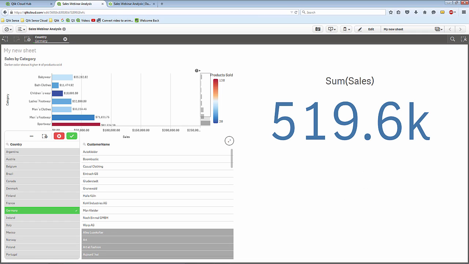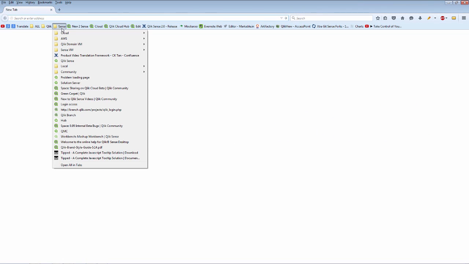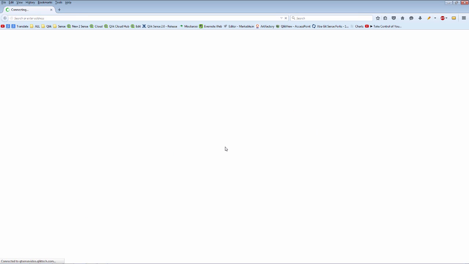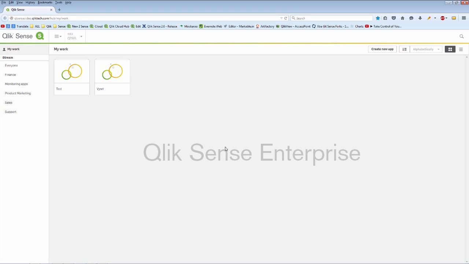Okay, so this is one example of creating something very quickly with Qlik Sense, but where Qlik Sense really shines is in a server-side online environment. What I'm going to do here is switch over to a web browser on my machine, and I'm going to access an environment that I have set up for this demonstration, that allows me to access Qlik Sense in a server environment. This is Qlik Sense Enterprise Server, and you can see we have a similar interface.